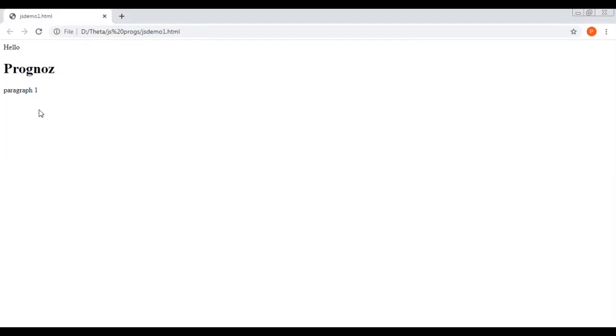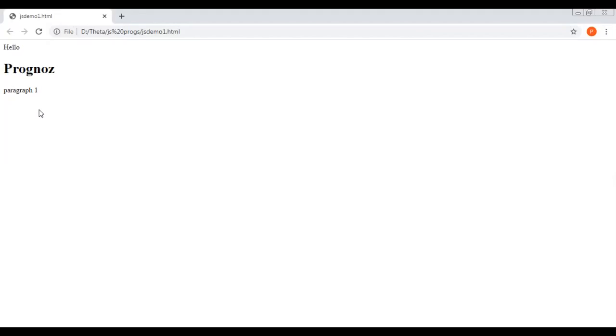Now, the first thing about JavaScript: it is a case sensitive language. It means you have to write all the predefined methods in the same way as they have been given. Like in the case of the getElementById method, E, B, and I must be capital, and G must be small.